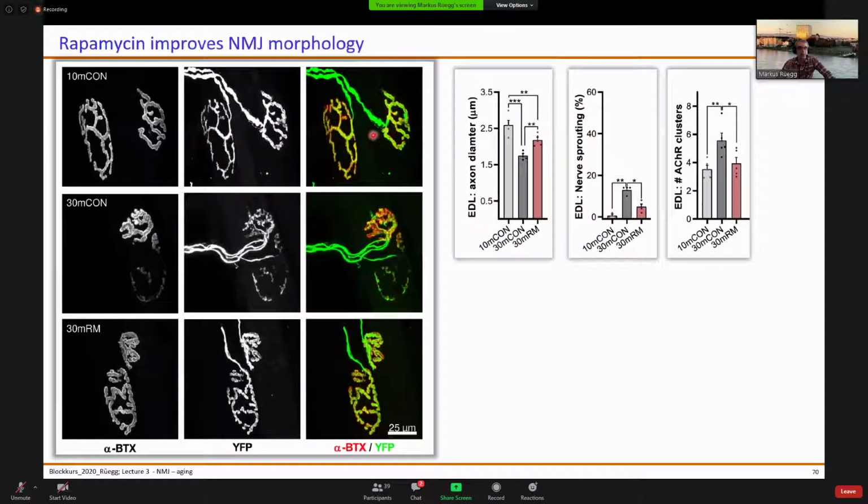But what you also observe when you look at the neuromuscular junctions, when we look at 30 months old mice, is that the rapamycin treated mice have neuromuscular junctions that look quite similar to the neuromuscular junctions of 10 months old controls, unlike the 30 months old mice where we start to see denervation effects and thinning of the axon. This is just a quantification of some of the effects that you see here: preservation of axon diameter